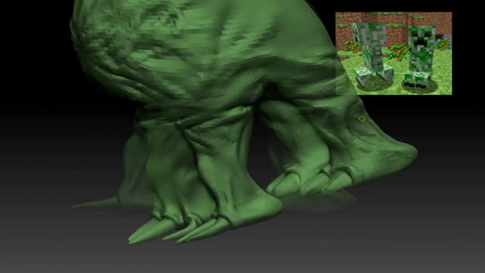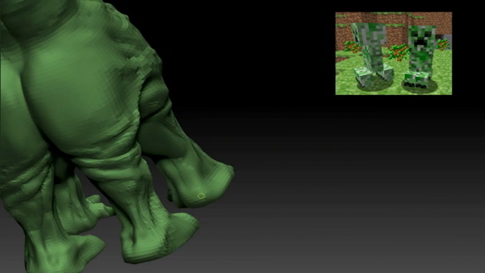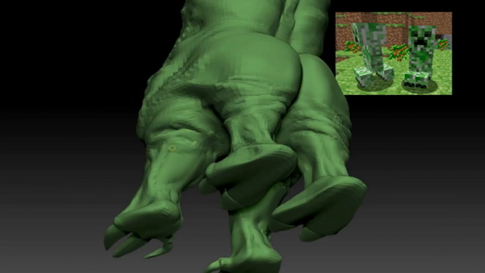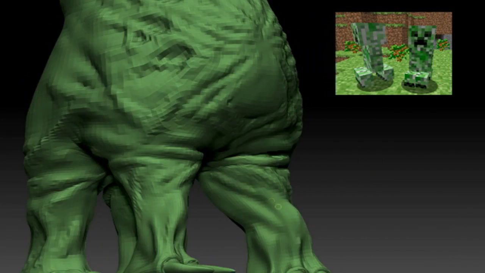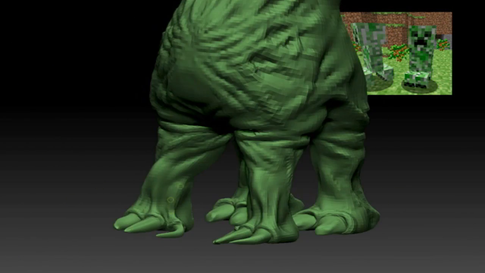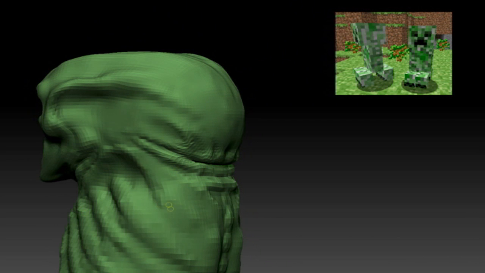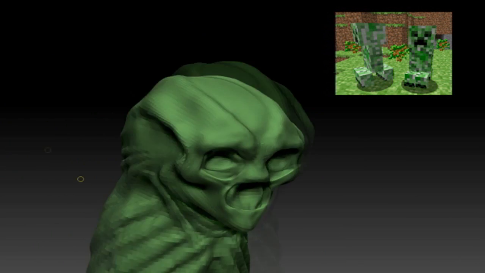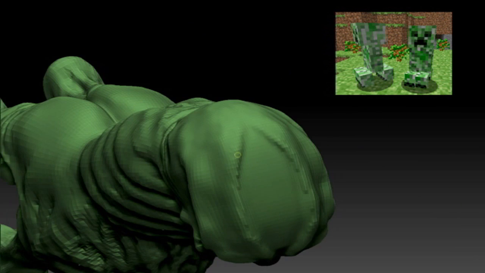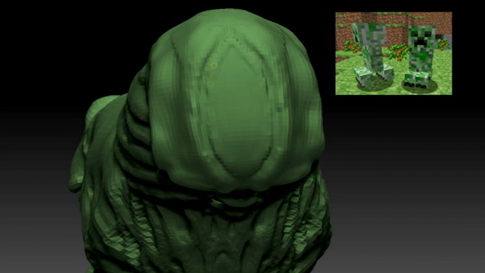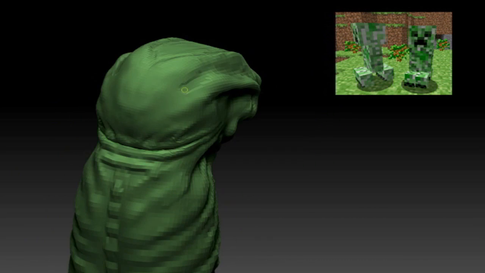So yeah, this is Subdivision 4, adding even more wrinkles, and I'm also editing the older ones that I made back in Subdivision 2. So this is looking really good. When I actually finished this 3D model around Christmas time, this was when I was in the Philippines. So it was really fun doing this.